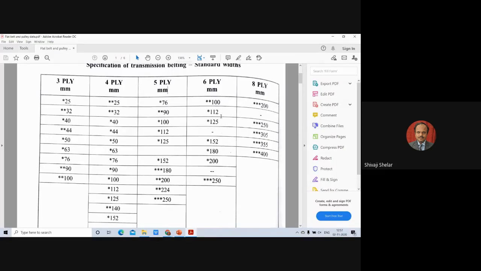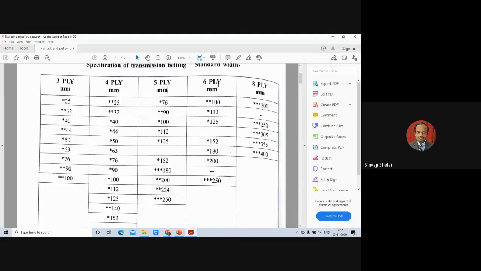With the 6-ply system, you require around 100 to 125. So we are coming to a lower width here. The advantage of using lower width is that you will have a lower width pulley and lower weight of the pulley, which means the inertia forces will also be less. So that will decrease the mass of the pulley required here. So it is always better to go for the lower width of the belt rather than going for a higher width of the belt.